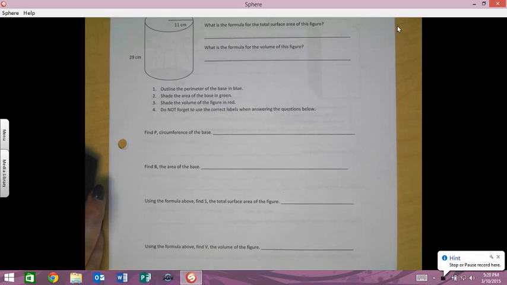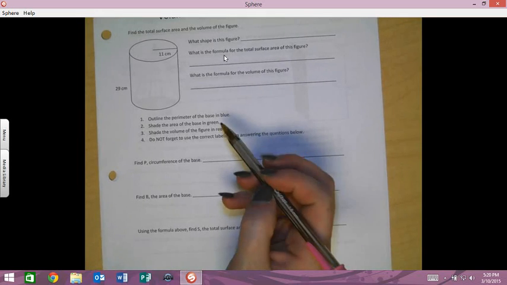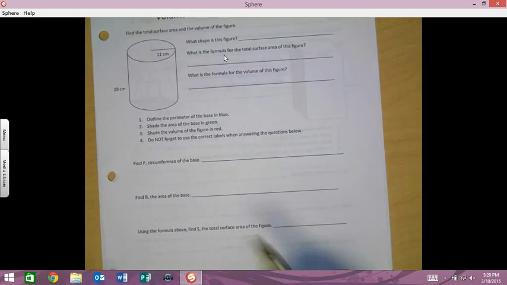Hi everybody, welcome back. This is going to be your video for volume and total surface area. It's DIY 3, and we're just going to go through and I'm going to set you up and give you some directions. Now what's nice about this page is it gives you pretty step-by-step directions of each page, and what